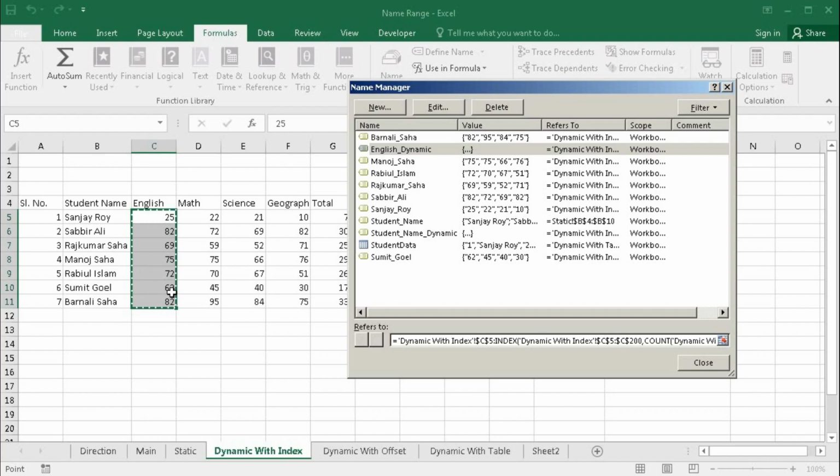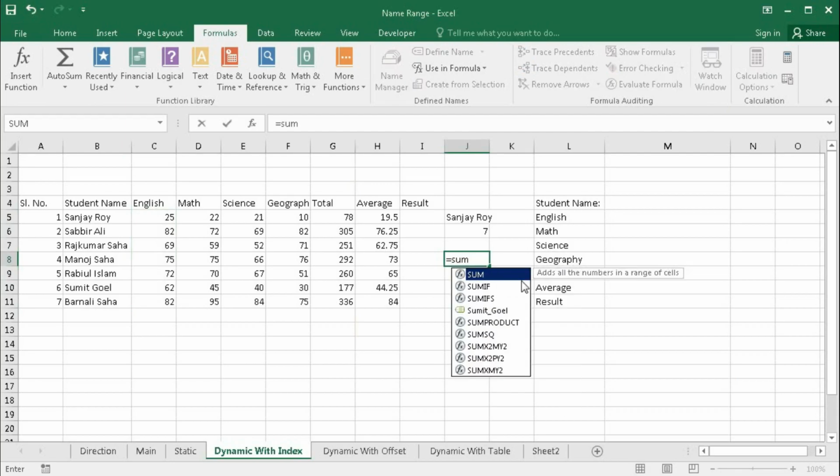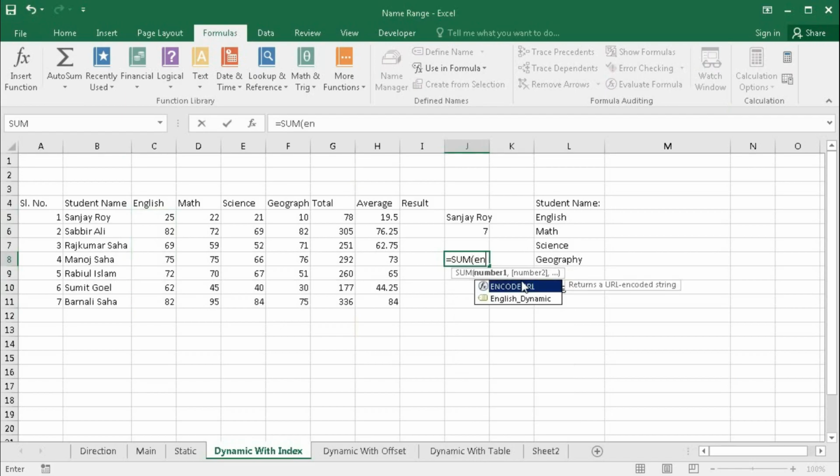We can see our reference is up to this, then close, and then we'll use the same reference to create the sum of English. So equal to SUM bracket open, English, we got the reference English dynamic, press tab, bracket close, enter. So it is 467.